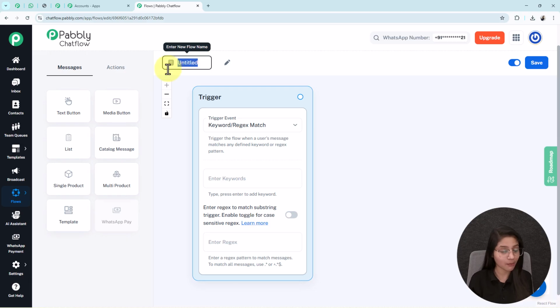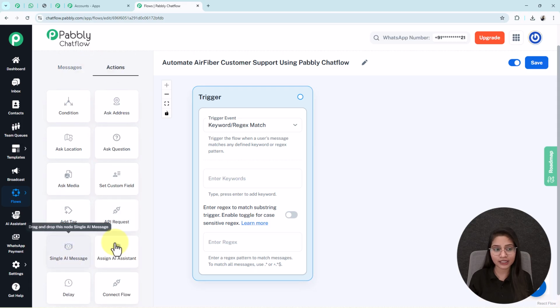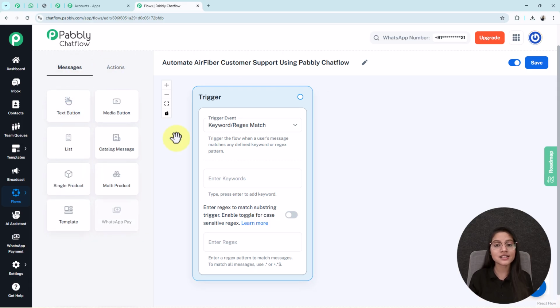So here I am entering my flow name as automate AirFiber customer support using Pabbly Chatflow. Now I'll give you a quick overview of these 2 options, messages and actions. Under these options, you will see different buttons. We will use these buttons in the creation of our flow, and on the right hand side there are 2